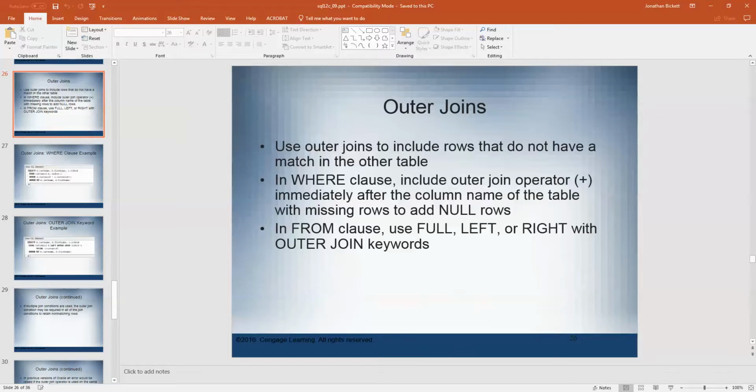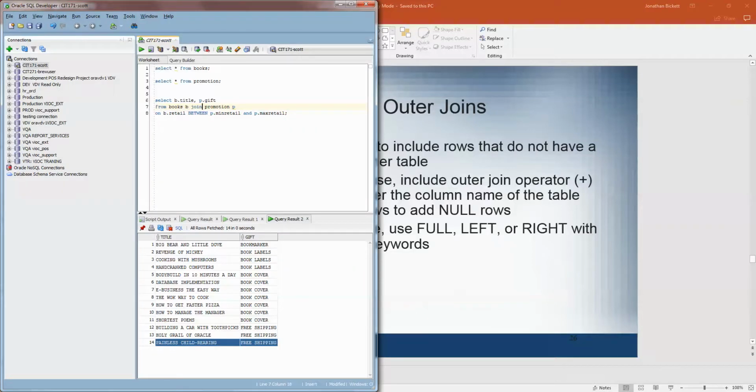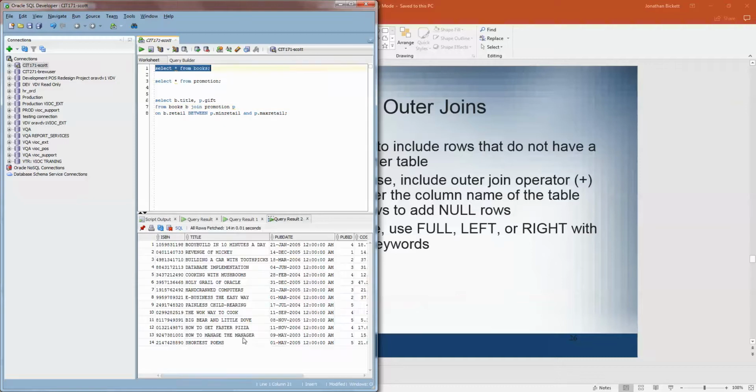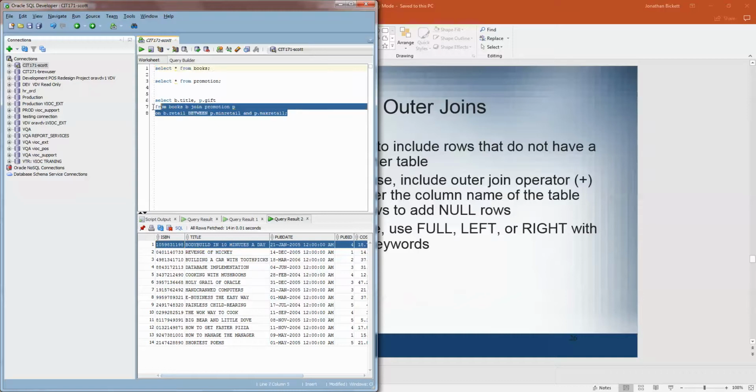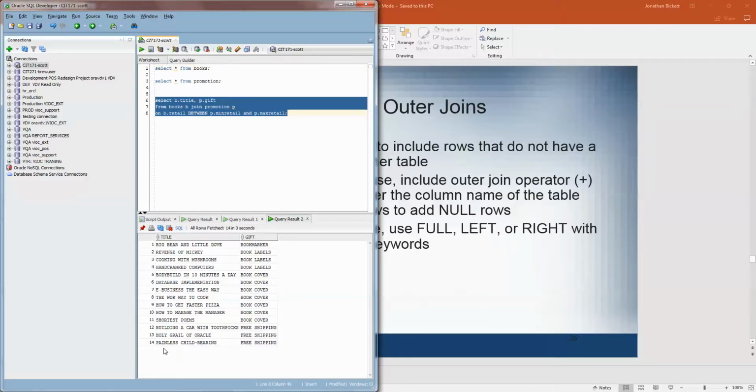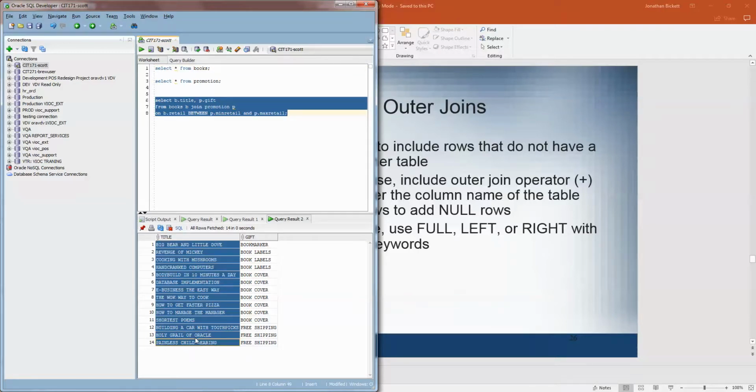If you were joining two tables using an inner join, or just the join keyword, and there were 50,000 records, and you join on a particular field where there were only 10 matches, you're only going to get 10 records back. In our books table we don't really have a great example, because we have 14 records, and our join brings back 14 records because there are 14 matches. But